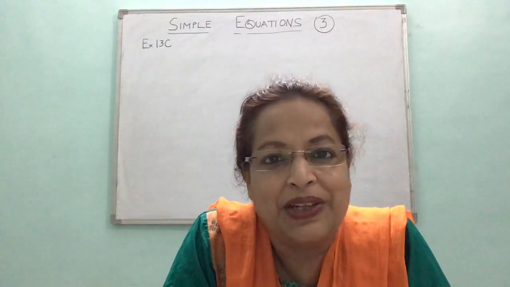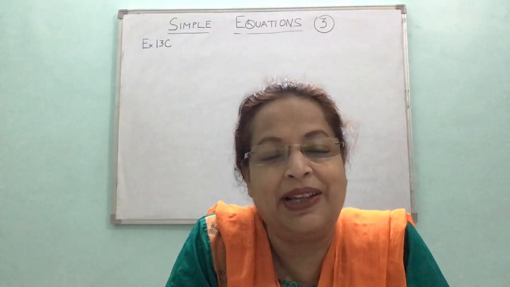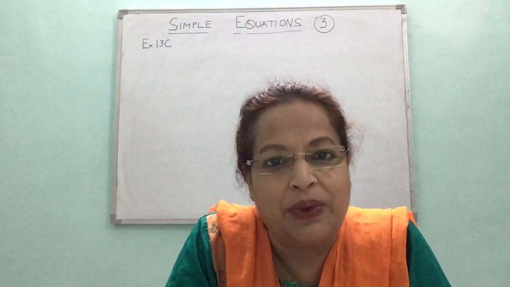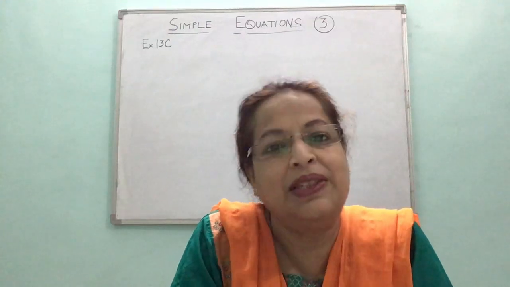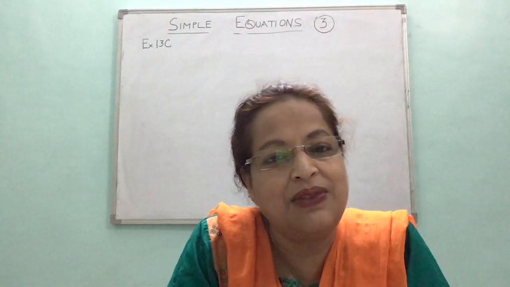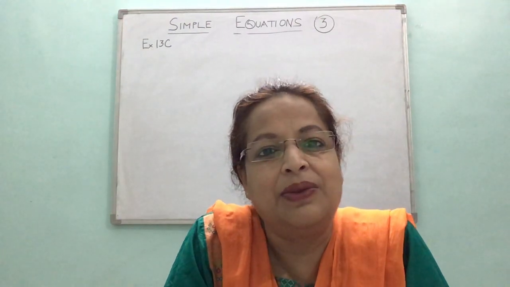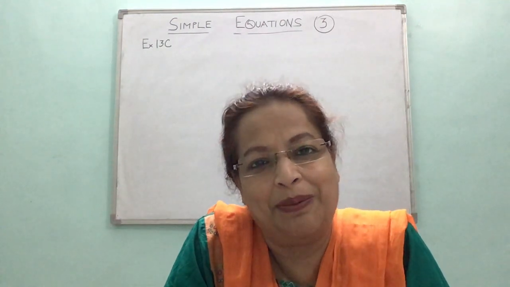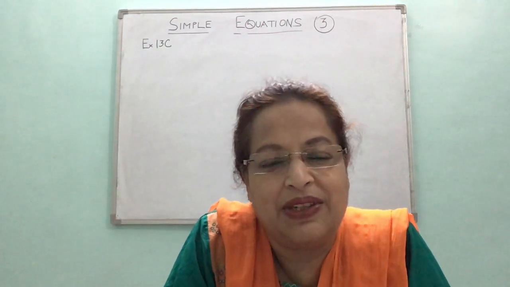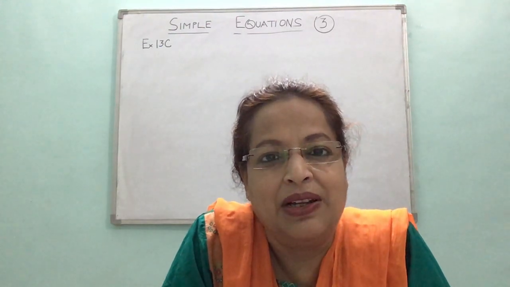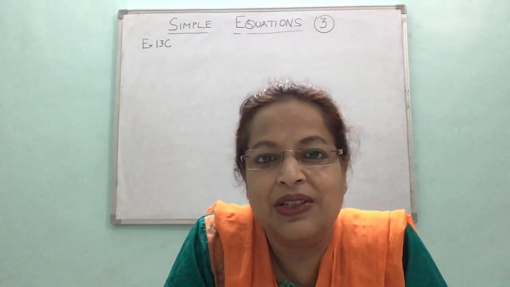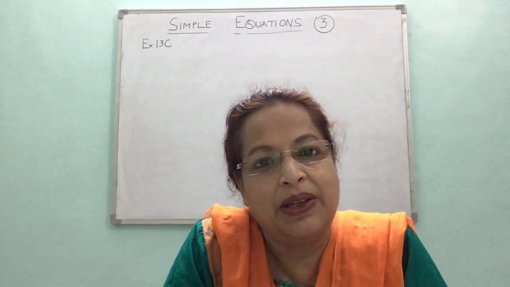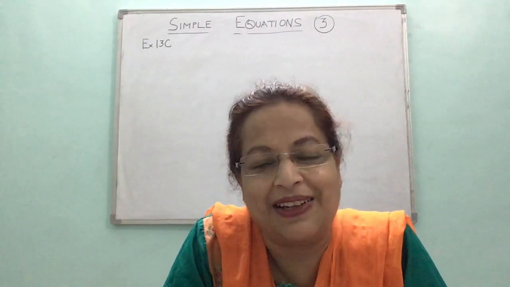That entire process of finding the value of the unknown variable, that is the value of x and all, is called solving equations, solving linear equations. We are doing the simplest equations, which are linear equations with only one alphabet in them, known as linear equations in one variable, right? So there are two methods which are taught to you. One is the method of using inverse operation, which we did in the first exercise, and the second is solving linear equations by the method of transposition, which we did in the second exercise.